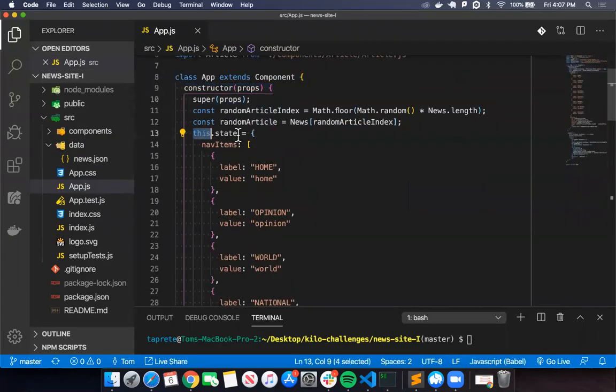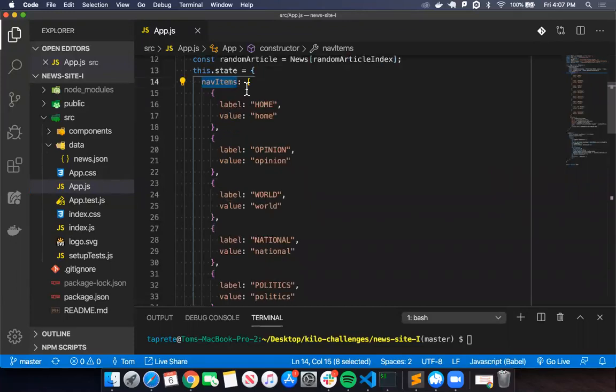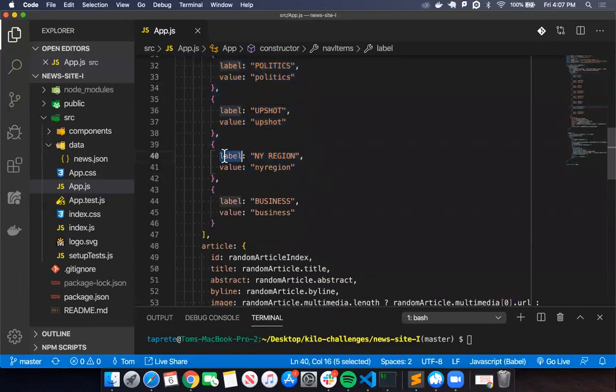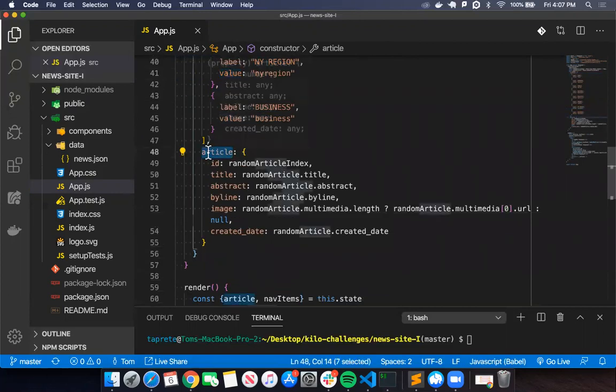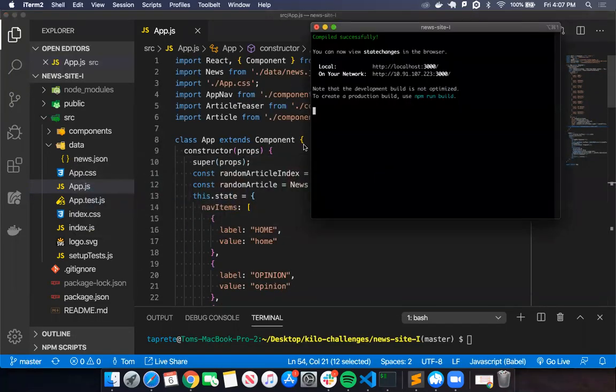Then in here, this .state is an object. We're setting nav items, which is an array of nav items that each have a label and value key. And there's also an article key that has ID, title, abstract, byline, image, created at date. So in our